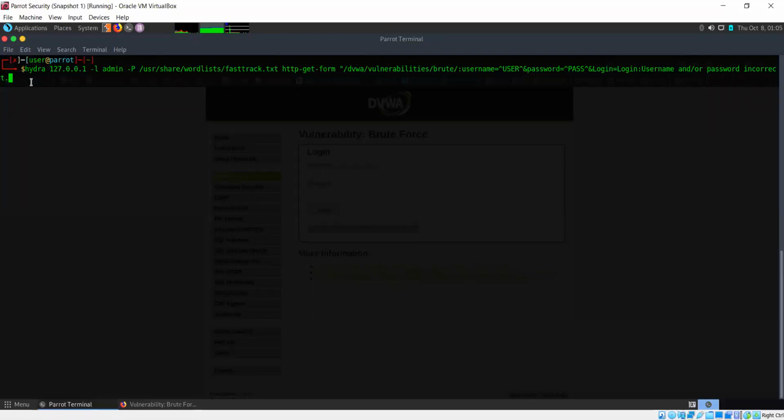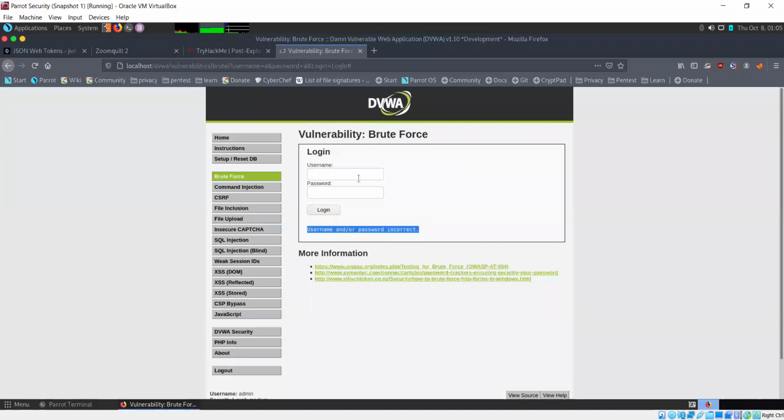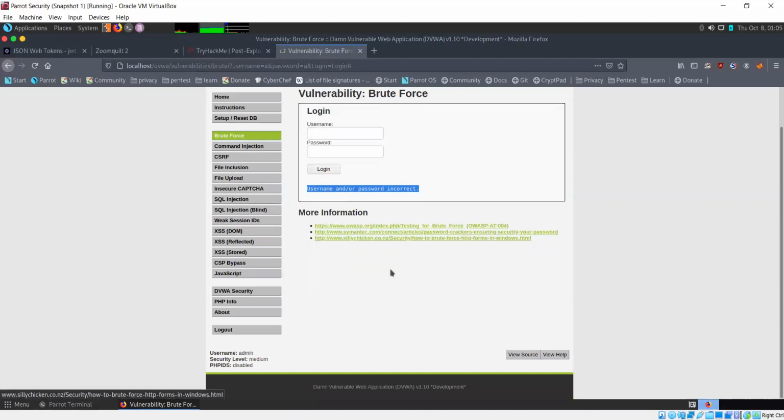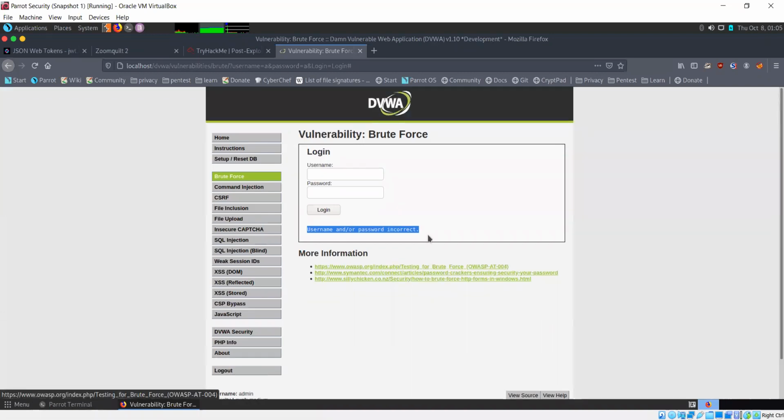Now we just need one more thing. H is equal to and we need to specify the cookie that we are getting when we use DVWA, because we want the server to think that we are actually making these requests as a legitimate user and not through a password cracking tool.